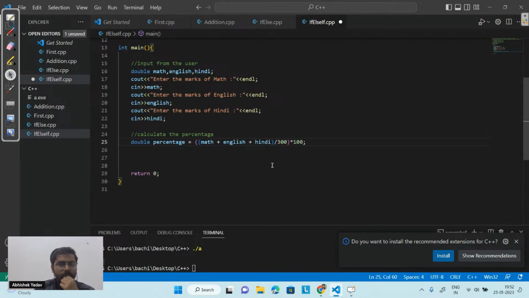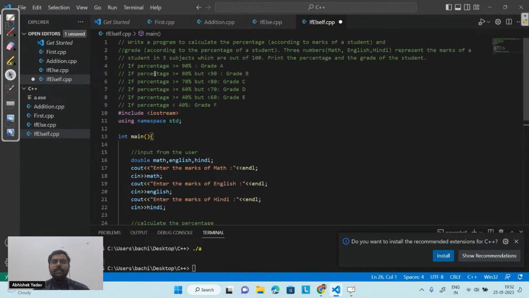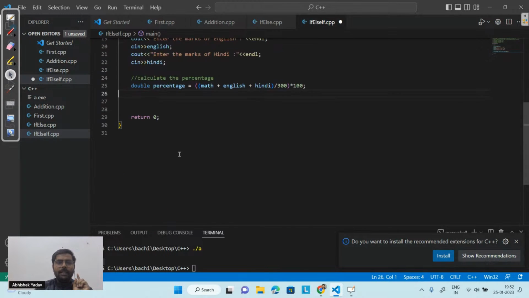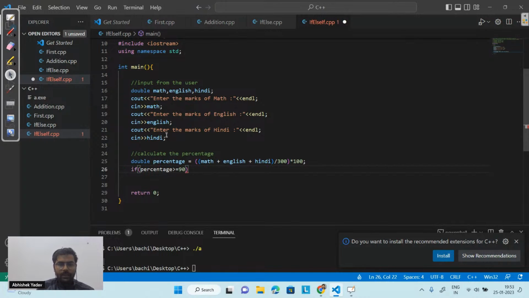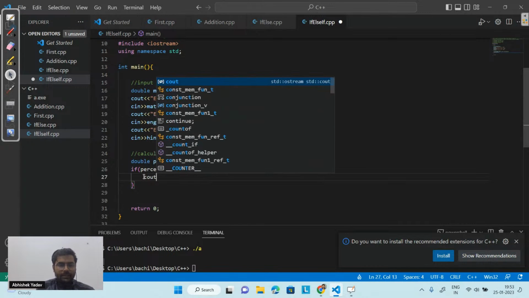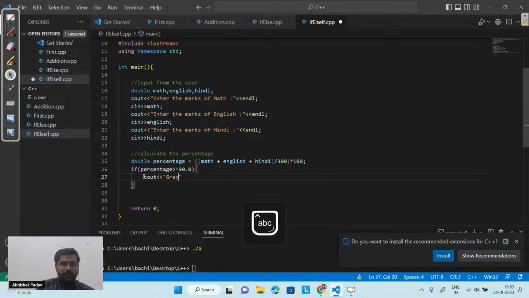After that, can you guys tell me, after getting the percentage, what I need? I need to now write the check. That is, if percentage is greater than 90, grade A, and if percentage is greater than equal to 80 but less than 90, grade B, right? So here I will write a simple check. If my percentage is greater than equal to 90.0, I will print grade A,